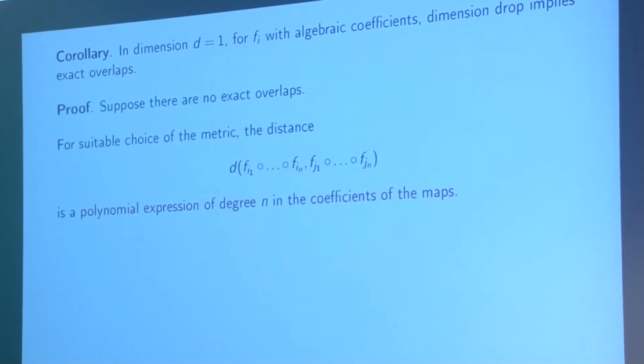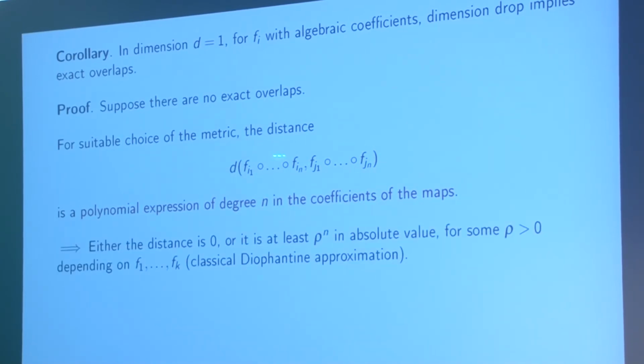And the reason for this is very simple. Suppose that there are no exact overlaps. It's possible to choose the metric in such a way that the distance of two compositions of length n of the functions is a polynomial in the coefficients of the functions, and the degree of the polynomial is n. For example, if you take, I don't know, the L2 norm would probably do, the square of the L2 norm. In any case,